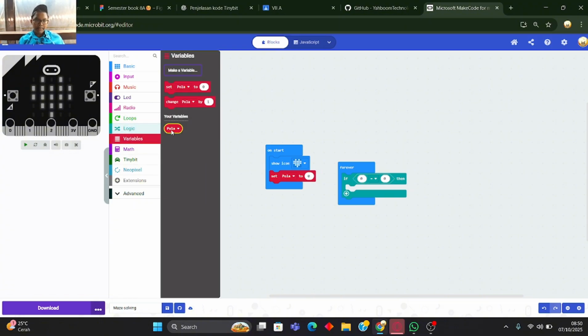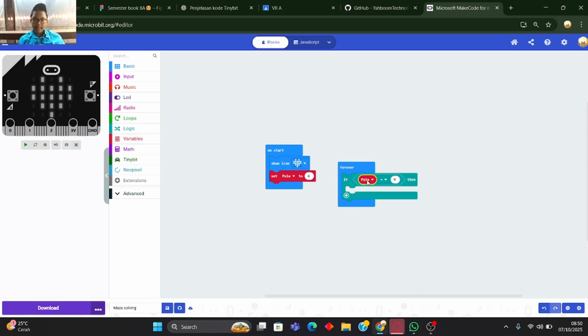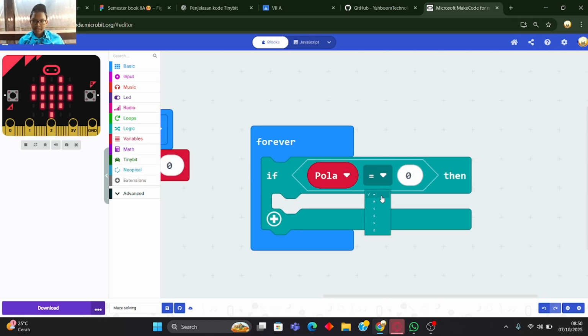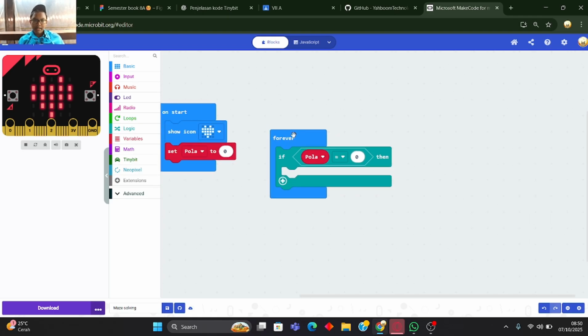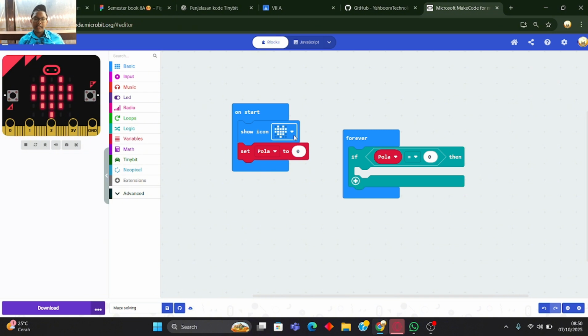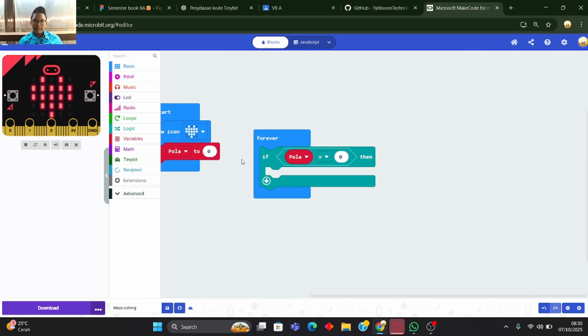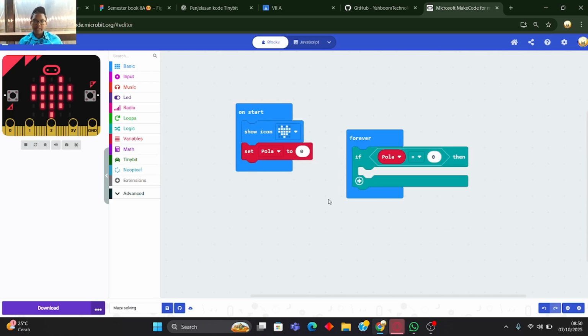We can go to variable again, pola, and pola equals 0. After that, I will give a little explanation. For the on start, the first thing the Tiny:bit will do is show the icon love and set pola to 0, right? And forever, so the pola will be 0 because we already set it at first.